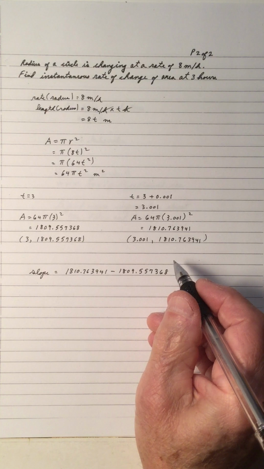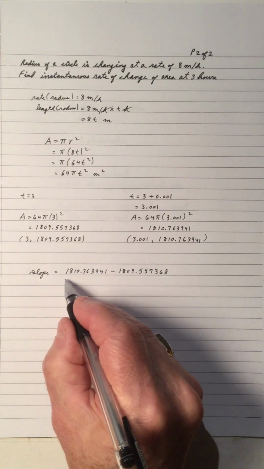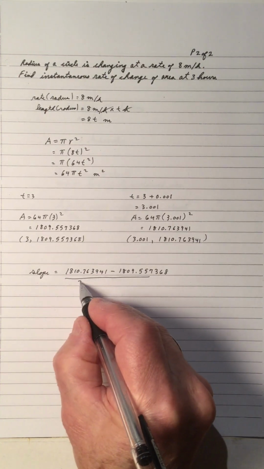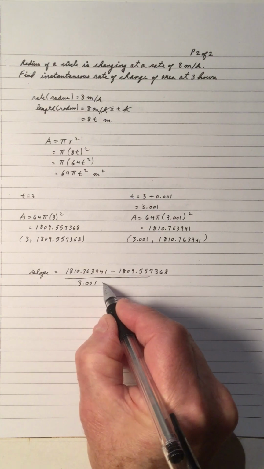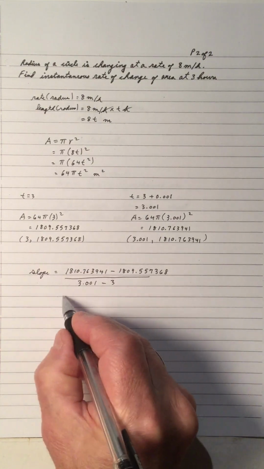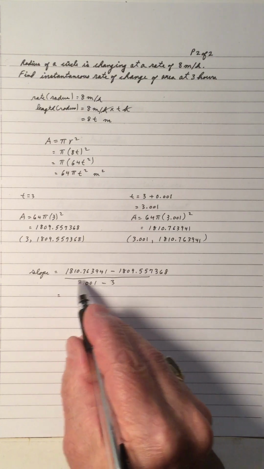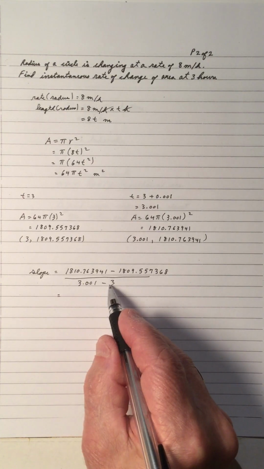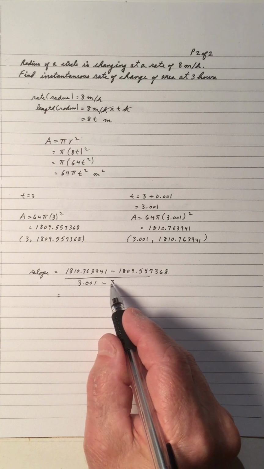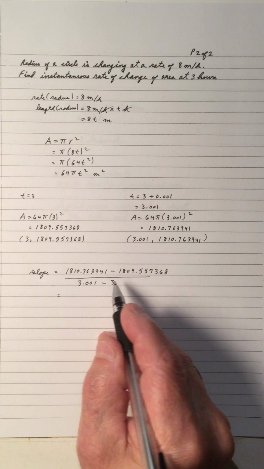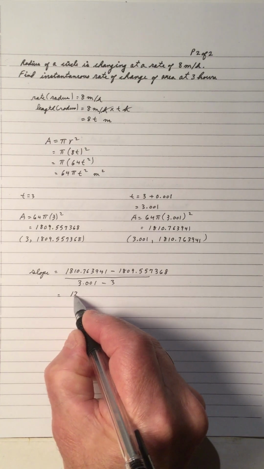So it's y2 minus y1 all over x2 minus x1. And when you work it out with a calculator, you can work out the numerator, work out the denominator, and when you do that, you will get